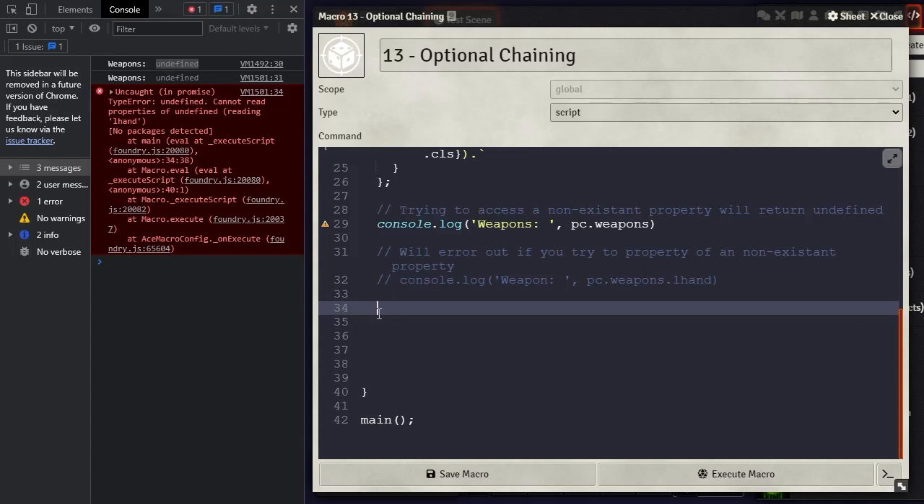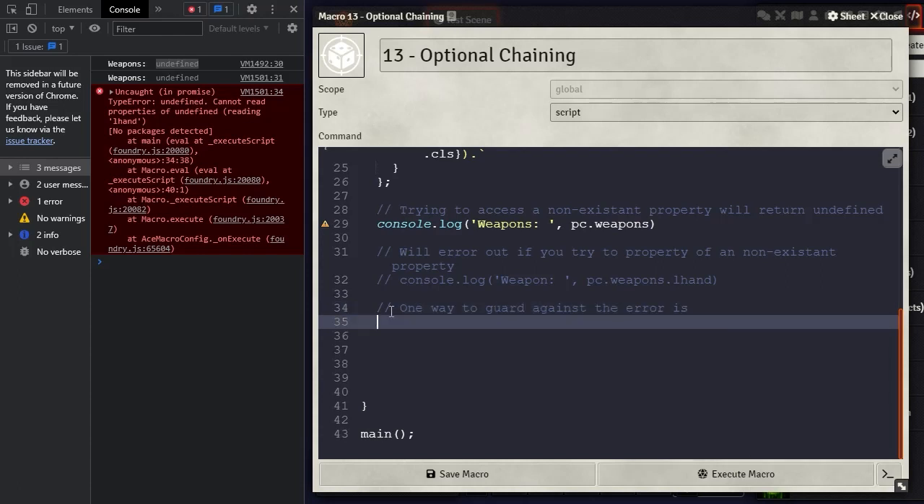So obviously we could use a conditional statement. One way to guard against the errors is to use a conditional statement. So we could say if, and then we could say PC.weapons. So if it exists,